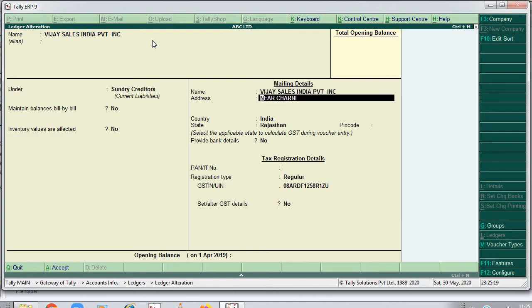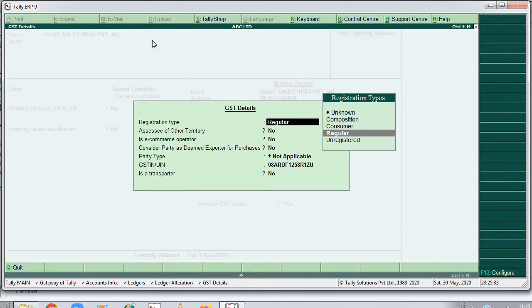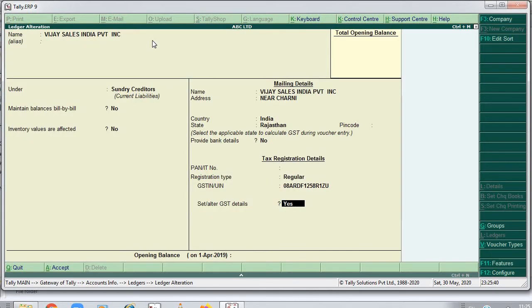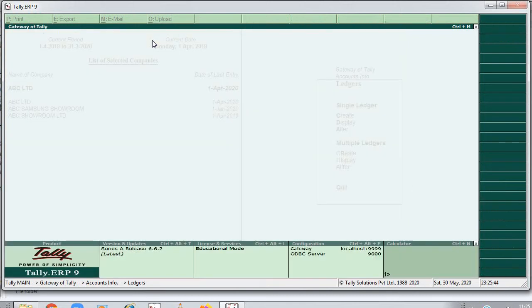And let's say the company has changed the address. So from here I can change the address. Company has changed the GST number. They have made an addition or change to the GST or HSN number, whatever I wanted to say. So the product HSN number got changed. Okay, from here I can change the number also, whatever details I need to make the changes from here. So this is possible, okay, through alter.